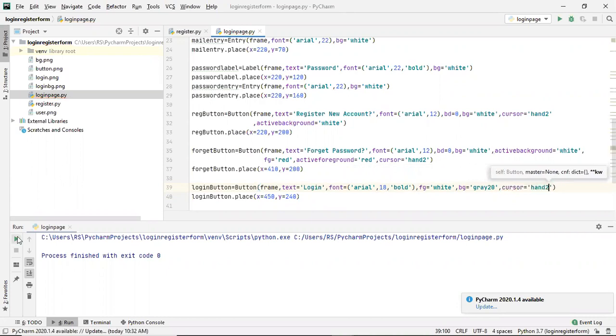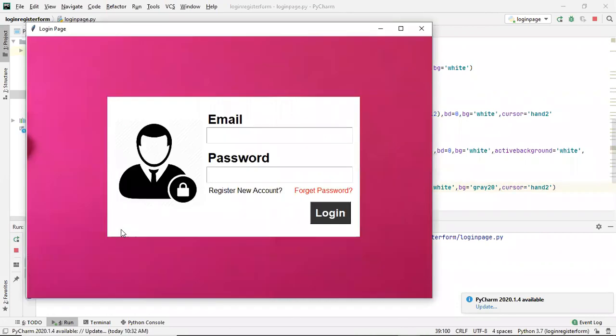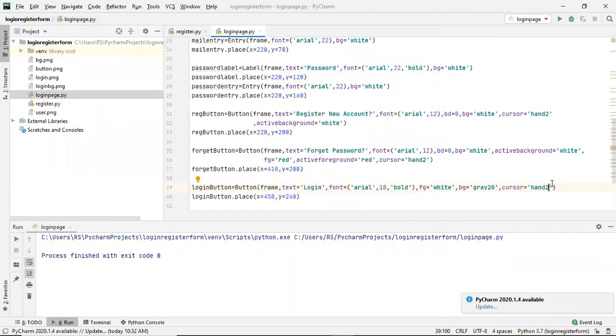If I run this, you see we got this button. We changed the background color to black, and we changed the text color to white. So everything is done here. We are done with this button also. And see here, when I'm clicking on this button, the background color which you are seeing is white. This is known as active background color, and the active foreground color which you are seeing is black, the color of the text. So we can change both of them just here. So active background